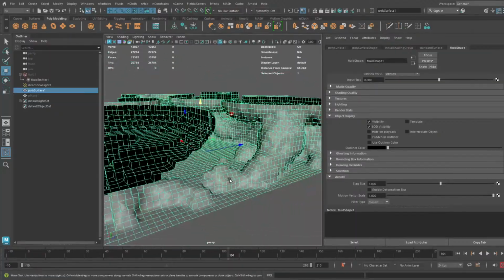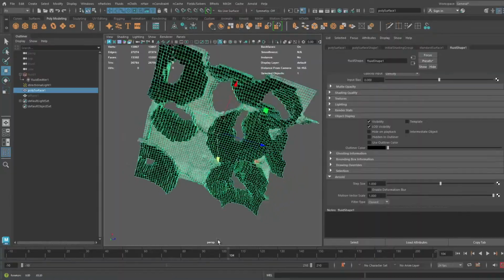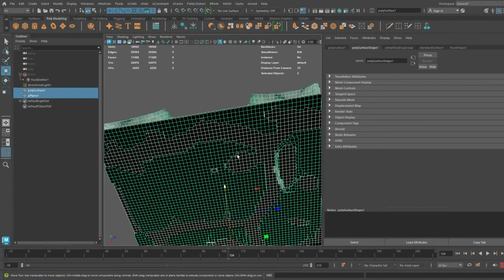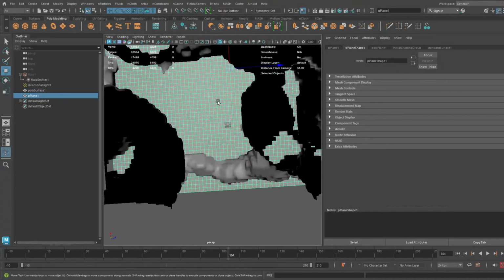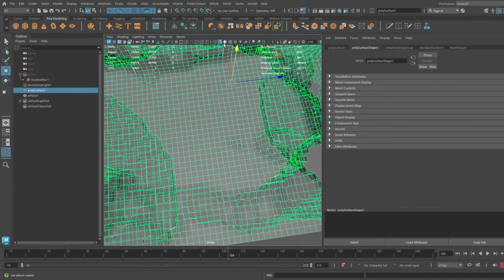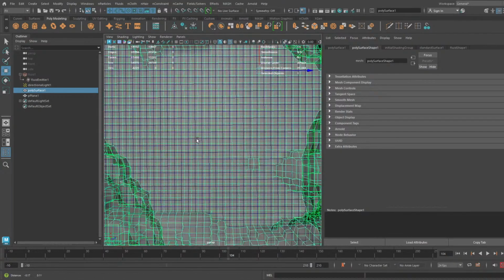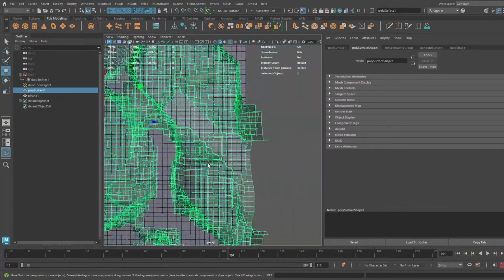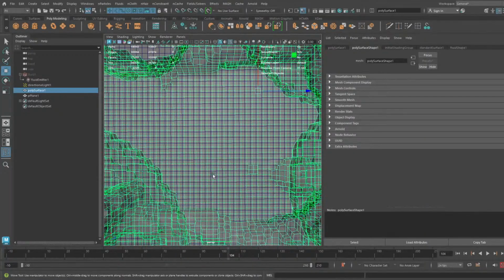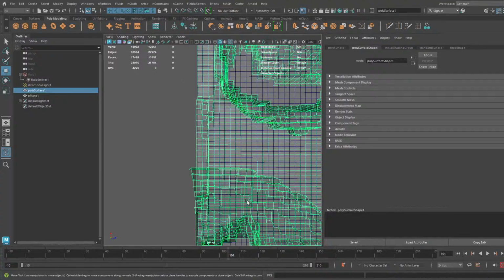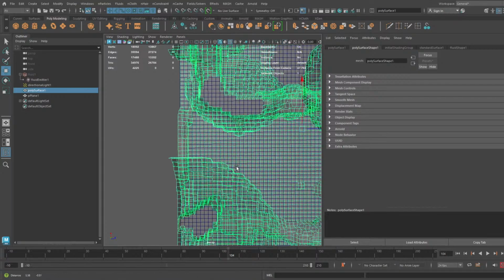To correct this, we've got to change a couple parameters on this shape. I opened up a plane here that's actually 64 by 64. If we look at top view and make this transparent, we'll notice the grid doesn't line up. It starts to line up from the center or the outside edge, but it doesn't actually line up. The reason is that it creates the voxels based upon the grid system of the points, not the faces, so you end up with extra